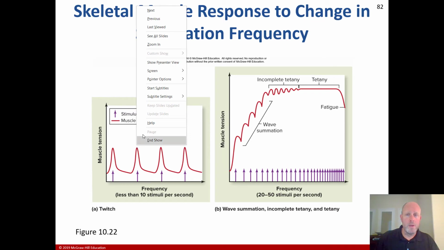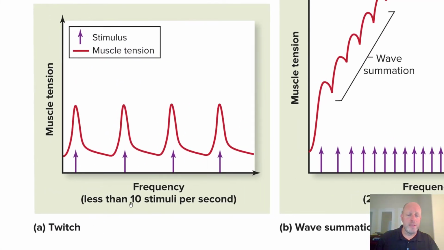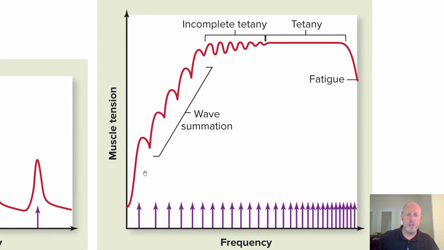So here we have our frequency of less than 10 stimuli per second. The muscle tension is fairly consistent here as far as the twitches go. And of course, once it gets to about 20 to 50 per second, you can see it dramatically increasing that wave summation until it reaches incomplete tetany, where it's almost leveled off, and tetany, where it's leveled off at maximal contraction capacity. And of course, at a certain point, not long after that, as we mentioned, for maximal contraction capacity,